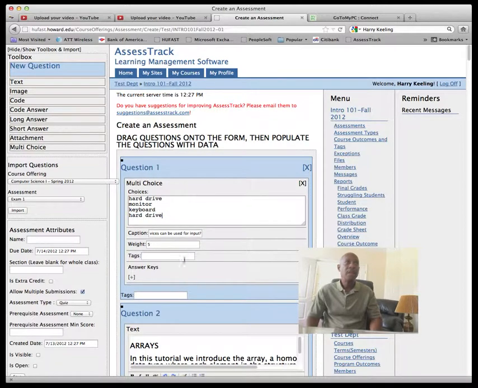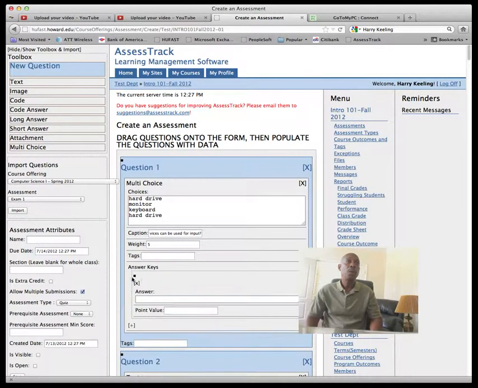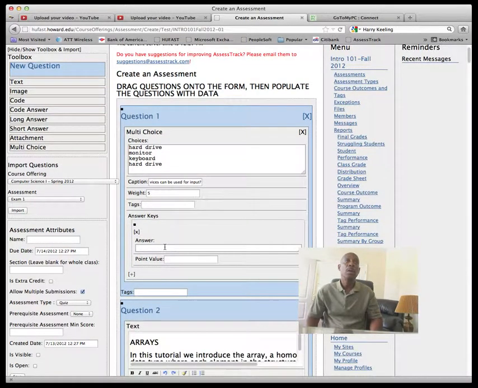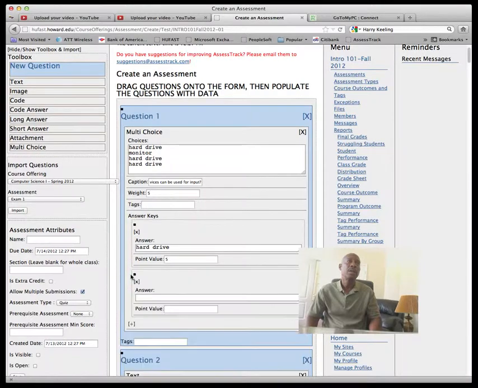QuizBuilder the correct answer to allow it to automatically grade this assessment for us. So we'll just paste in the right answer here, give it a point value of 5, and let's say perhaps if the student were to answer keyboard, which is only partially correct, we might want to give that particular answer a 1. If they answered